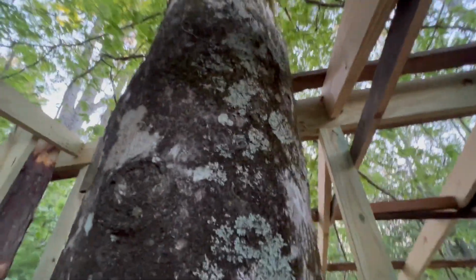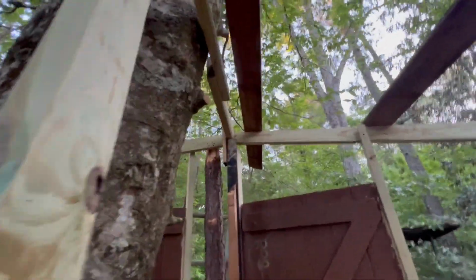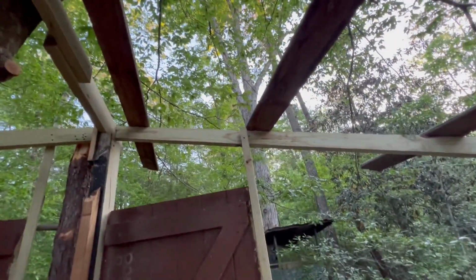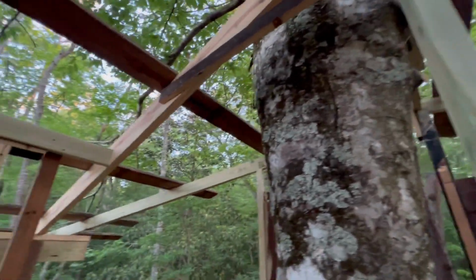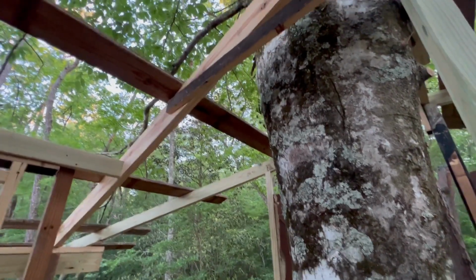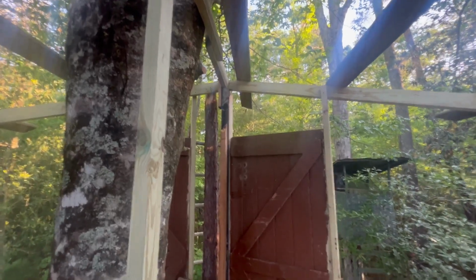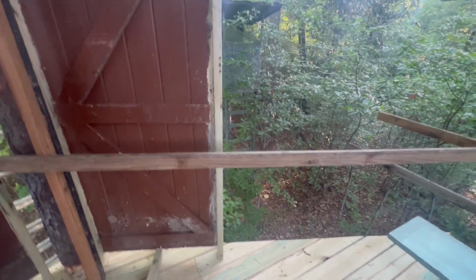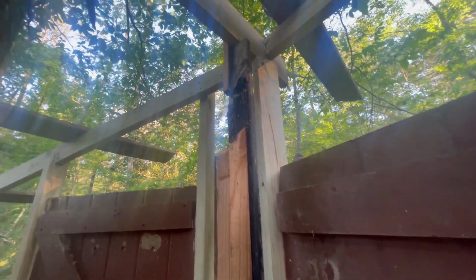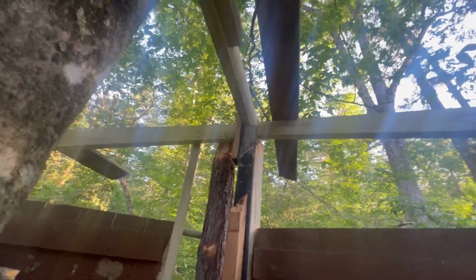I need to add a 1x around the tree to hold up the cut sheet metal. And I'll probably, well, this side's not too bad. That 1x came out short, so I'll put another one there. So yeah, we got some work to do with the rafters before this is totally finished, but not much, a bunch of little boards. Okay, first thing I'm gonna do this morning is take that temporary post out, take this temporary handrail off and scoot it out to this permanent 2x4. And then I need to figure out a way to brace this 2x4 a little better at the top because it doesn't have squat. And then we'll add a rafter, add another little